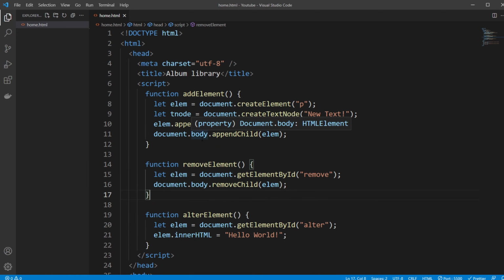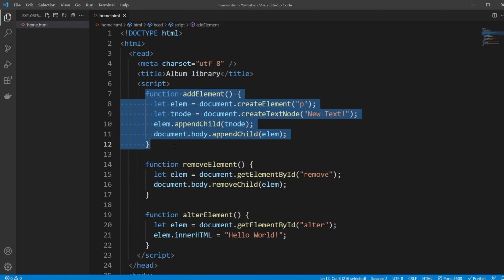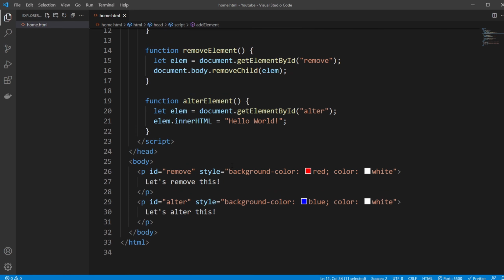with DOM manipulation. First, when we add stuff, we would be creating a p tag and some text inside our p tag. So we create let element equals document.createElement p tag, create a text node, document.createTextNode text, then add our text to the p tag. And in the end, we just add our p tag with our text to our document.body.appendChild. So we'll add it at the bottom of